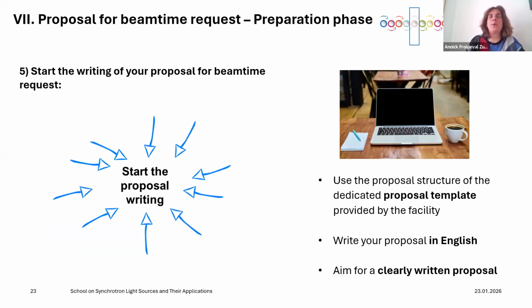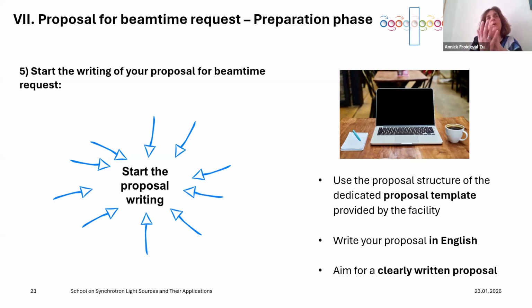So when you have all this in hand, you can start writing a proposal for beamtime requests. For this, you will use a proposal template that is provided by the facility, which you can find on the website of the facility. And you will write the proposal in English, always with the aim of a clearly written proposal. Here it's very important because